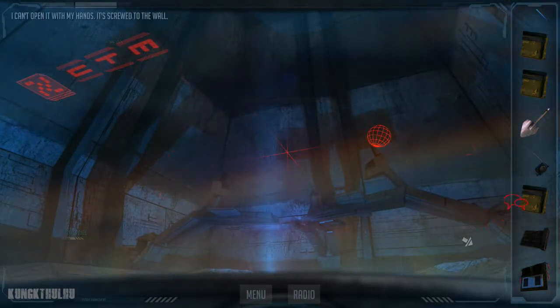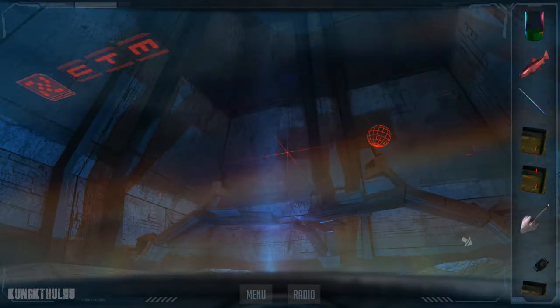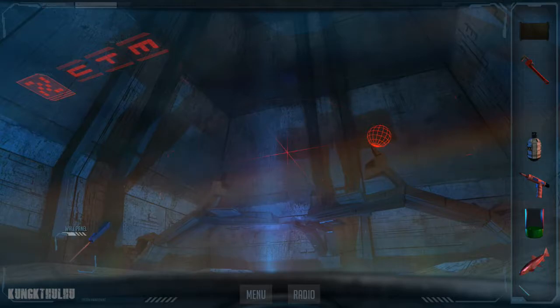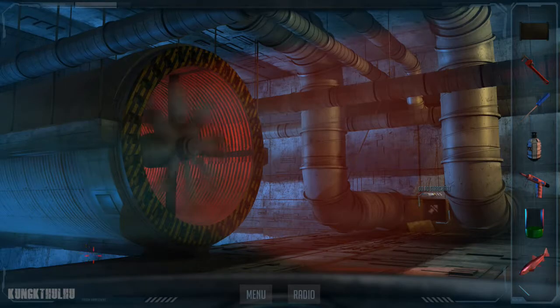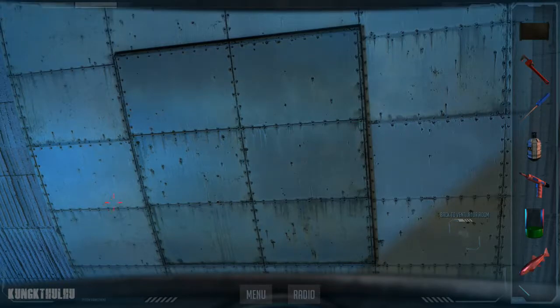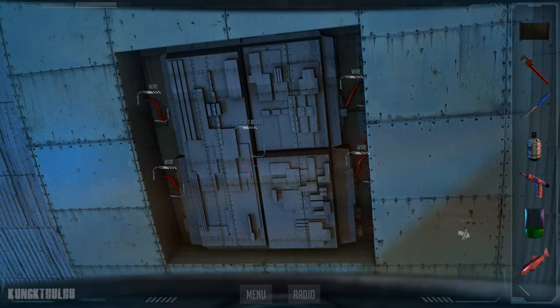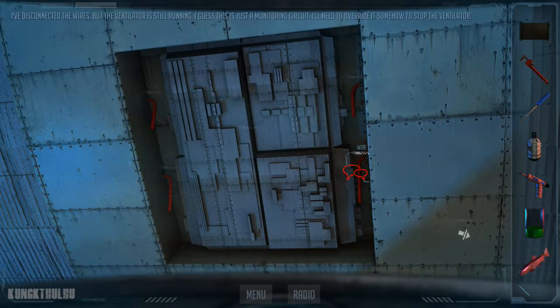I can't open it with my hands. It's screwed to the wall. I've opened the panel. It's some sort of circuit board. There's wires going into it. I've disconnected the wires, but the ventilator is still running. I guess this is just a monitoring circuit. I'll need to override it somehow to stop the ventilator.